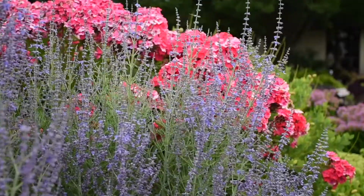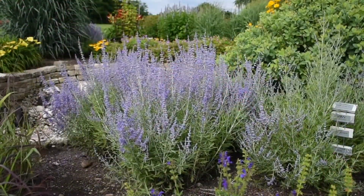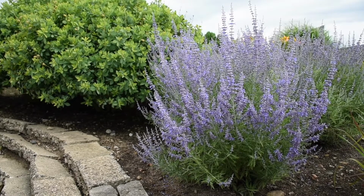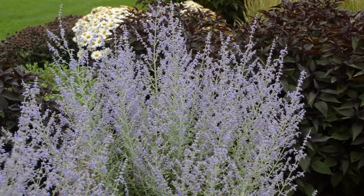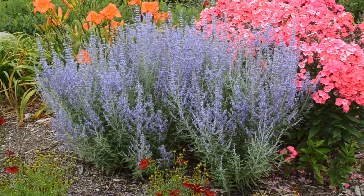maintenance. The things that I really love about this plant are that they thrive in really crummy soil. We have very high pH soil, and we have a struggle with some things keeping them happy, but this Russian sage just thrives and is beautiful. They also like full hot sun, and they don't require a lot of water. They attract a ton of pollinators. You will see butterflies and honeybees just buzzing around them all the time, and they're much smaller than the traditional